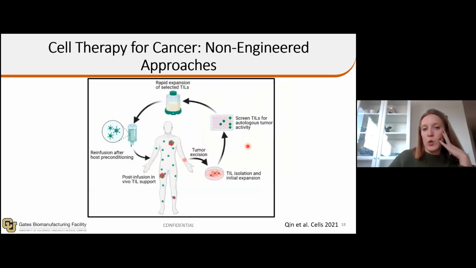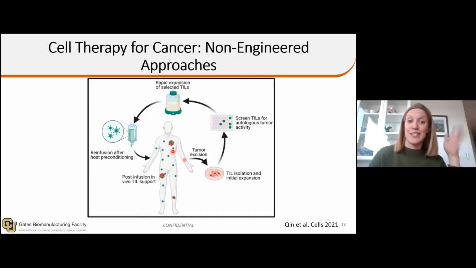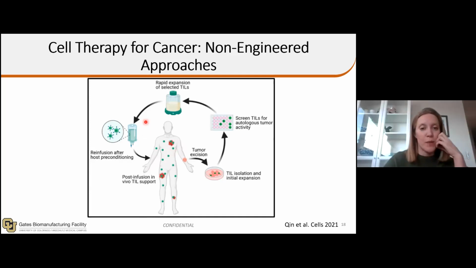So for the non-engineered approach, this is a simple depiction of a process for something called TIL therapy. Those are tumor infiltrating lymphocytes. The idea is that within a tumor, you do have T cells that would be reactive against the mutant proteins in your tumor. But for a variety of reasons, including checkpoint molecules and other mechanisms, they're not able to function, or maybe there aren't enough of them, like the tumor has outgrown the population of T cells. And there is a field that was really pioneered by Steve Rosenberg, who's at the NIH,